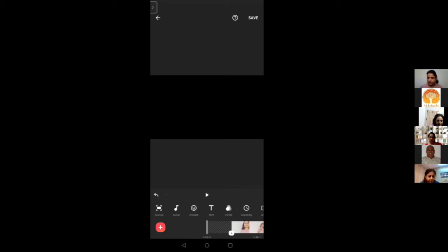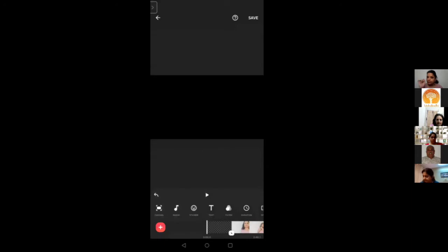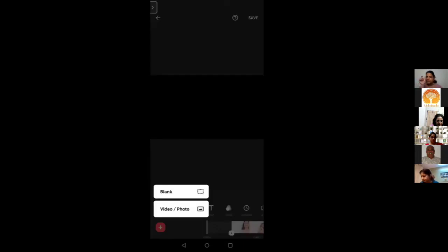Okay? But where do you add the blank, Sonu? Just go to the add option. ये जो add option है, yeah, I went to the add, and आप blank click करो. But blank आया ही नहीं है कहीं. नाम आएगा. आप जब ऐड करोगे तो आपको एक ऑप्शन मिलेगा ब्लैंक और एक ऑप्शन मिलेगा वीडियो और फोटो. Are you getting? Just see my screen. What are you getting? You're getting, but I'm not getting. So what are you getting? When I'm pressing plus, it's just ऊपर वो दो line आ रहे हैं and it's saying okay.